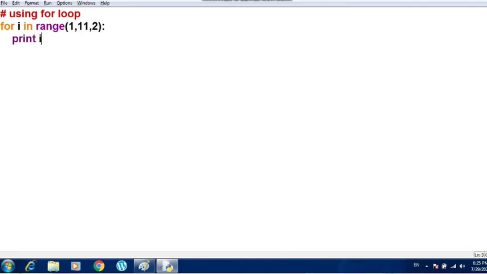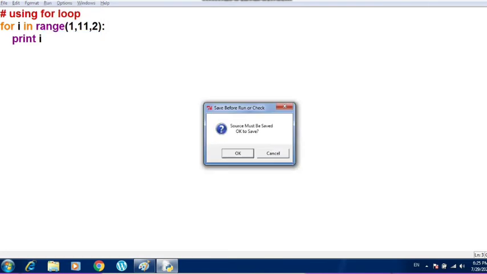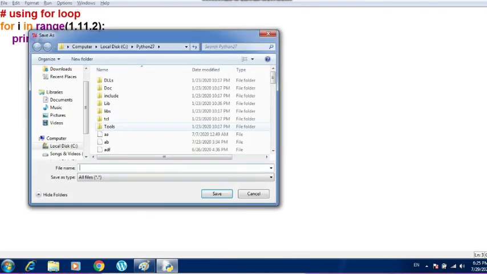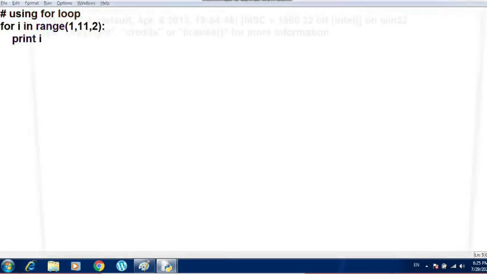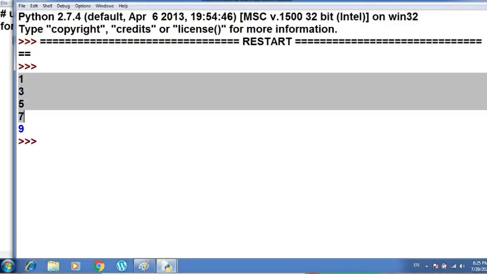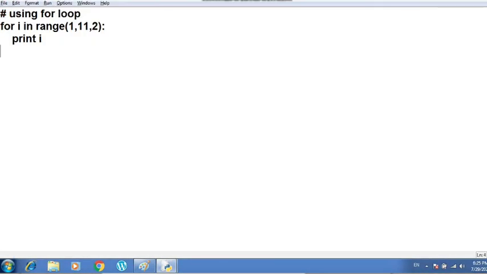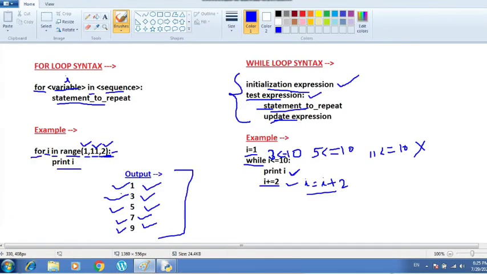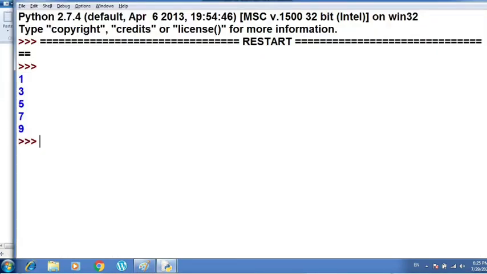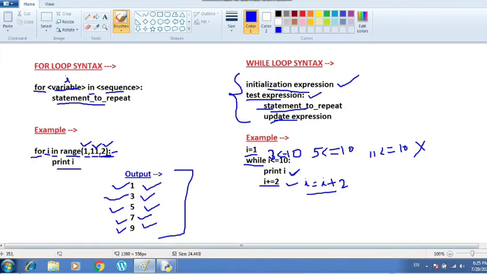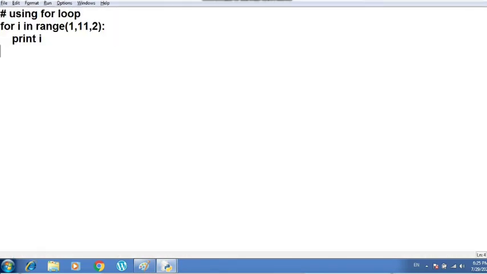Now let us execute this. Alright, you can see that we got the output 1 3 5 7 9, which we have here, right? So this is the same output which we got.